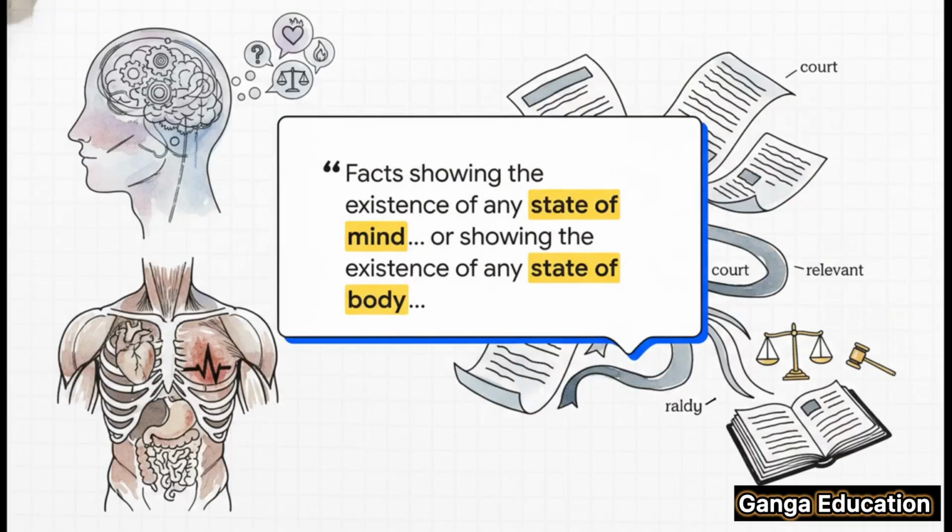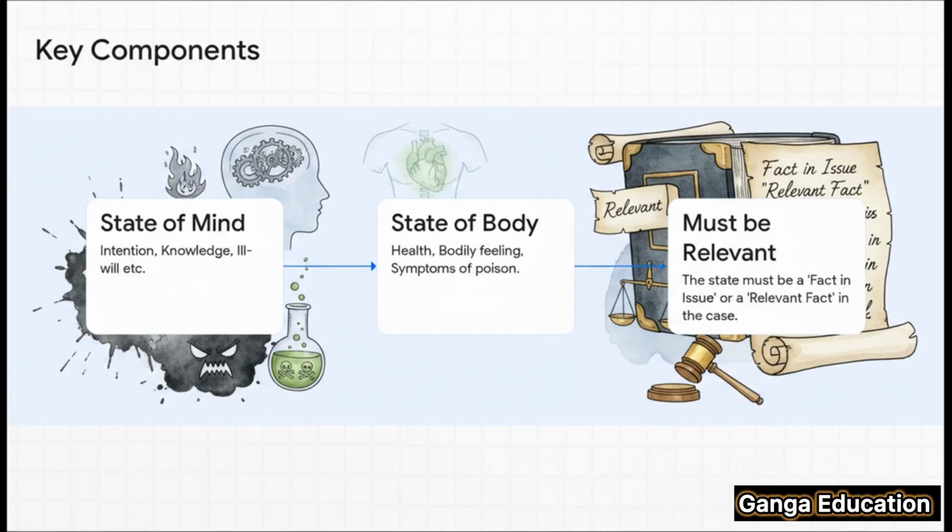देखिए, सेक्शन 12 कहता है, and I quote, facts showing the existence of any state of mind such as intention, knowledge, good faith, or showing the existence of any state of body or bodily feeling are relevant. बहुत सिंपल शब्दों में अगर इसको समझें तो इसका मतलब है कि अगर किसी केस में किसी इंसान की स्टेट ऑफ माइंड या उसकी स्टेट ऑफ बॉडी मैटर करती है तो उसको प्रूव करने वाले सारे फैक्ट्स कोर्ट में रेलेवेंट माने जाएंगे। सिंपल, राइट? तो इस सेक्शन को ब्रेक डाउन करते हैं।